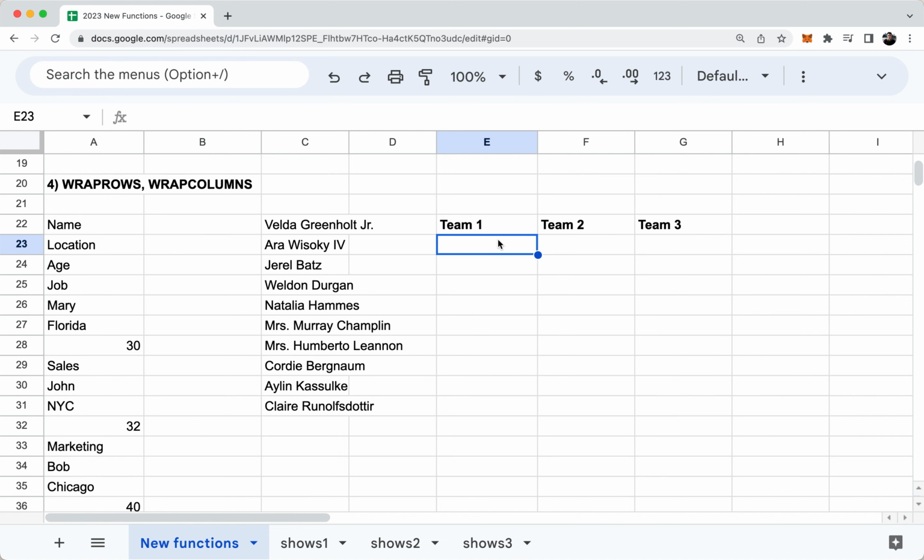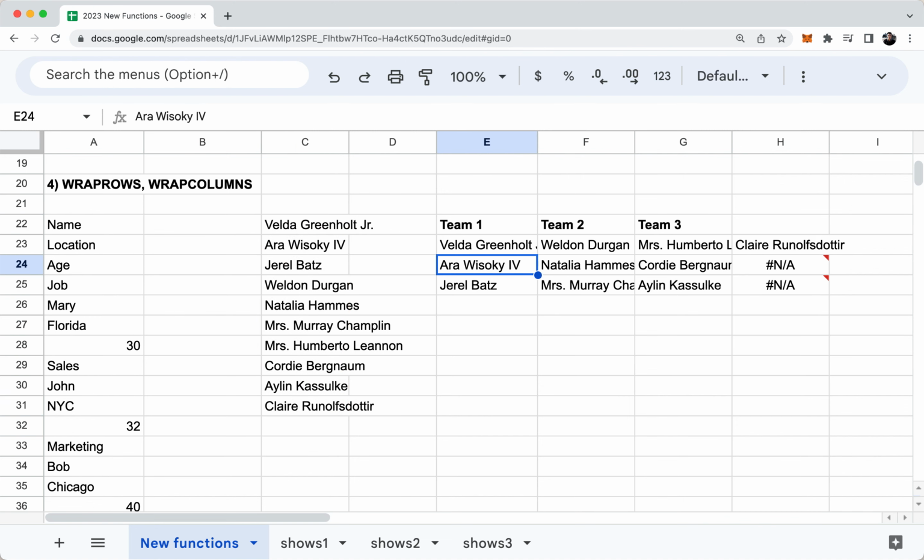Another way of using this is using WRAPCOLS where you have a list of names and you want to quickly put them into 3 columns or 3 teams. In column C, I have a bunch of random names, and in columns E, F, and G, I have the headers team 1, team 2, team 3. There's 10 names. I want to quickly put them into these 3 buckets, these 3 teams. So in cell E23, I'll write equals WRAPCOLS, left parentheses, select my names, comma, 3 columns, comma 3, right parentheses, and actually I want to do 4,